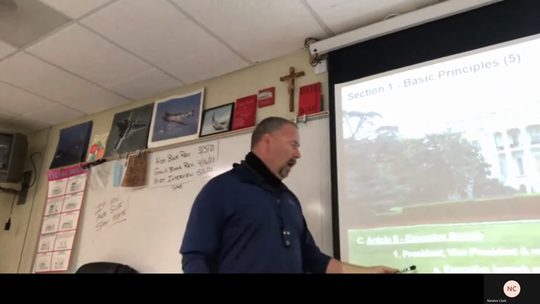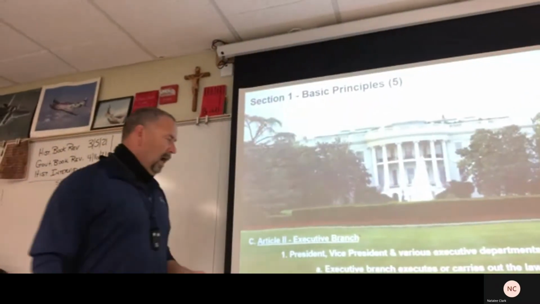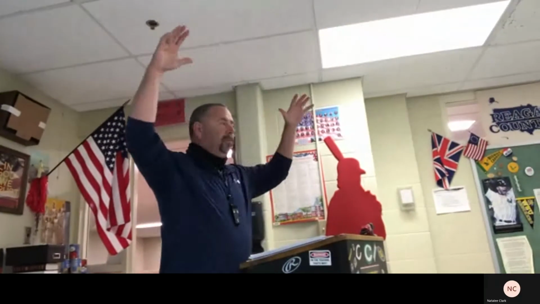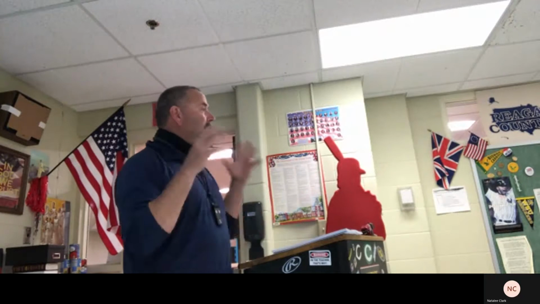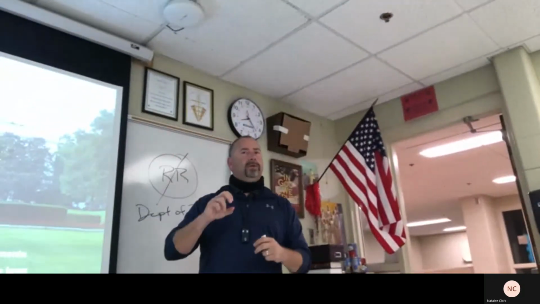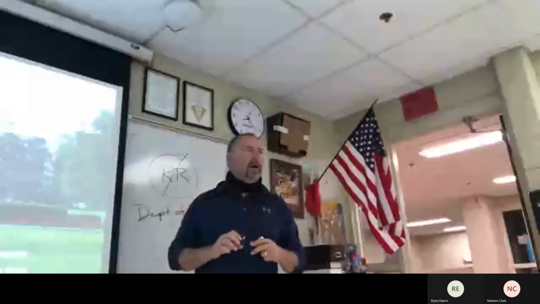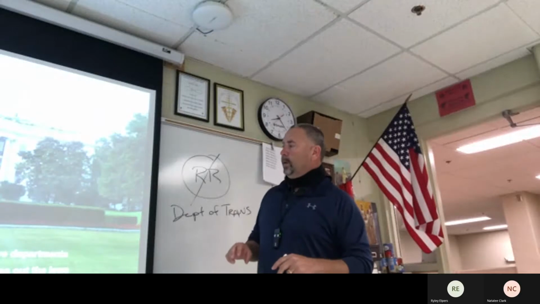Okay, the president also serves as commander-in-chief of the armed forces. We'll get into more on that in chapter 6. And he directs relations with foreign nations. So President Biden is kind of the head of foreign policy. And if he wants to do a treaty, he's got to get the Senate on board. There are some things the president can do that fall short, like executive orders and executive agreements, but we'll have to wait on that till chapter 6. I don't want to bog you down and confuse you here.